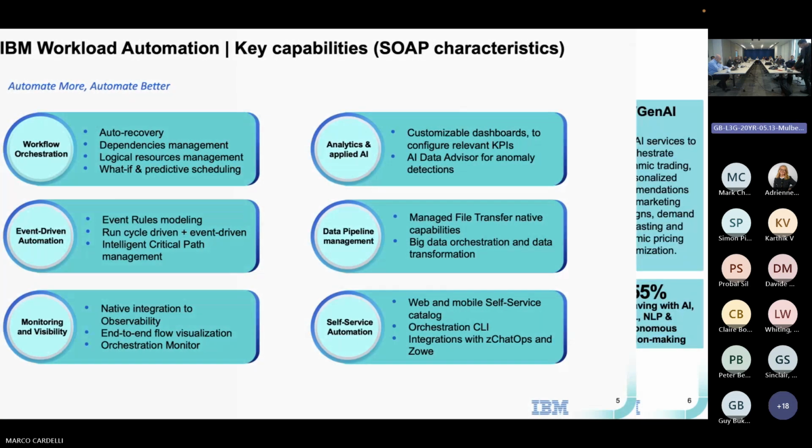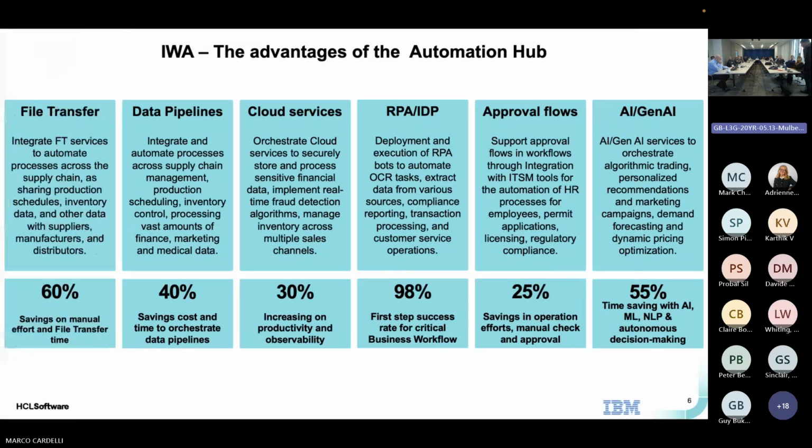Okay, this was just an introduction, but it's good to know for you and for your management that we are leaders in the Magic Quadrant. And here also, I just remind you what we do for the Automation Hub. At this point, I think we are around 120 integrations available. We are adding more and more. Also, you had some requirements for integrations. It's becoming very important because